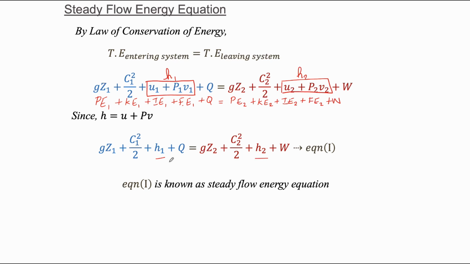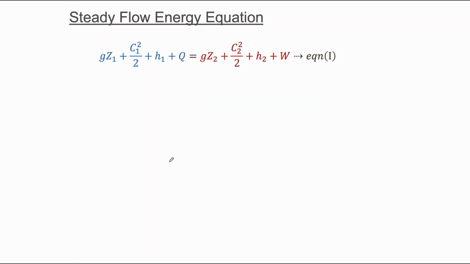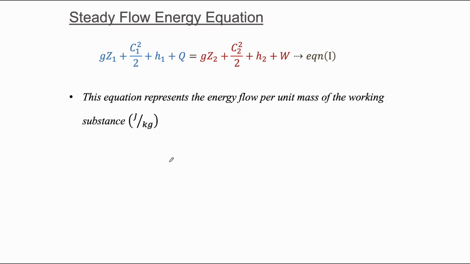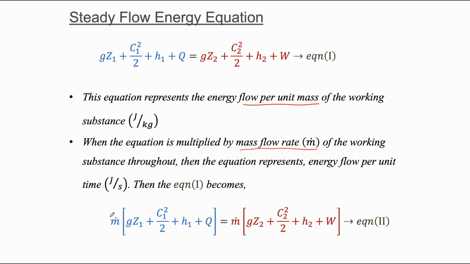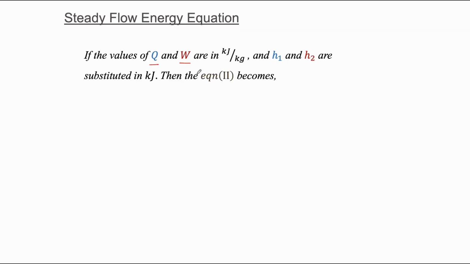Now if we change the units of the energy, unit of heat and work, the equation can be changed further. For example, if we are going to express it in terms of mass flow rate m dot, then we'll have to multiply the mass flow rate throughout the equation. Then the equation becomes mass flow rate into left hand side is equal to mass flow rate into the right hand side. If the values of Q and W are kilojoule per kilogram and the enthalpies unit are kilojoule, then the equation will become